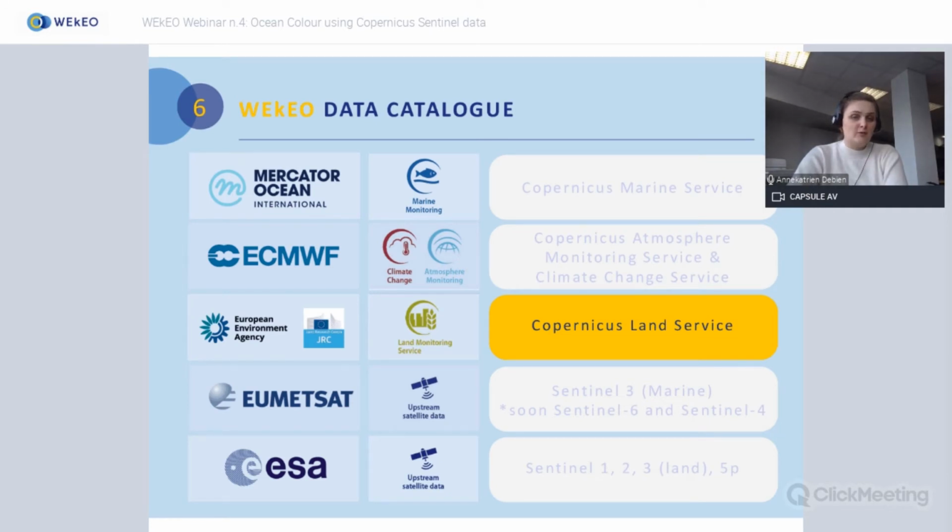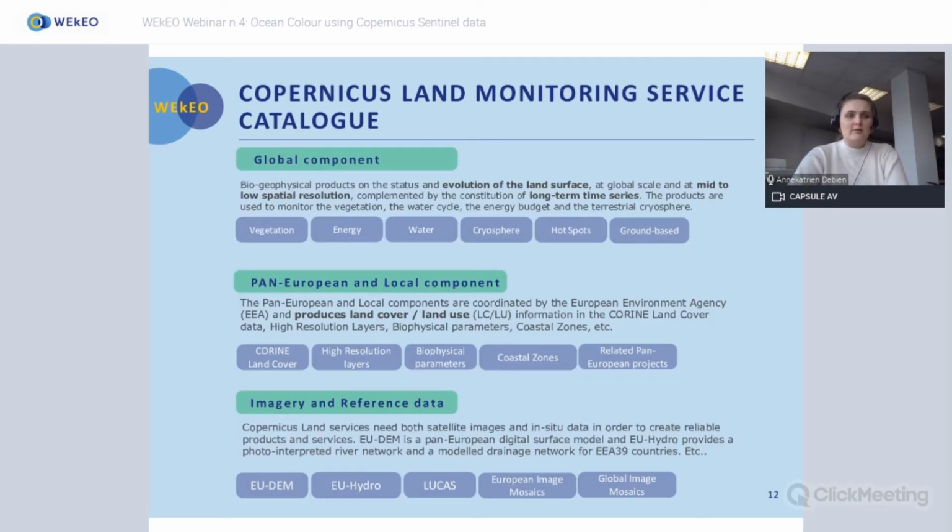The Copernicus Land Monitoring Service consists of 3 components. So again, there are data at a global and a regional scale, but they've subdivided it even into more detail. The global component looks at the evolution of the land surface at a global scale, and has a fairly mid to low spatial resolution, but you do have long time series there and regularly updated information. Then at a more regional level, you have the pan-European